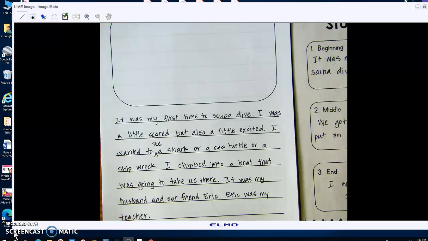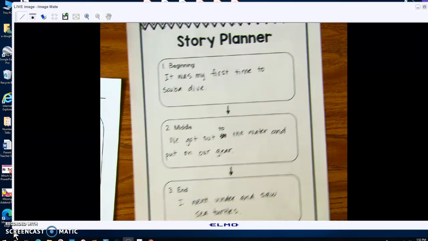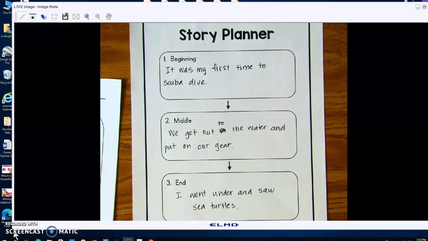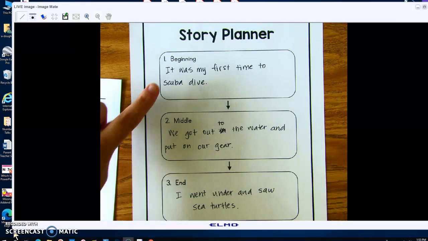That's it. So now I want you to get out your story planner. Get out your purple folder, and your story planner should be in there. It may not be finished. That's okay. Most of you should have already at least finished your beginning. What about our other story? We'll talk about that a little bit later. Right now we're working on this story. You have your story planner out, and you have your beginning, middle, and end. Look at it again for a minute or two. Just look at your beginning, just the top one. What did you write or draw there?